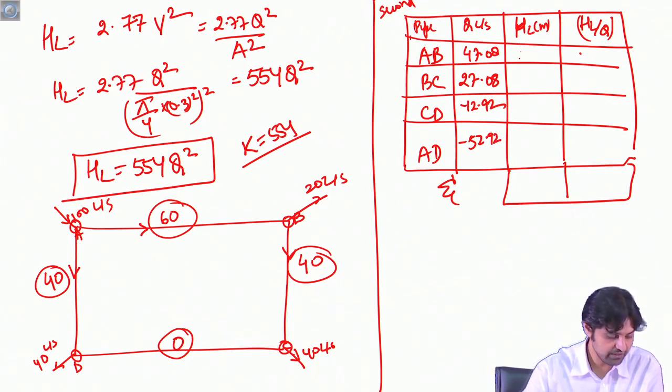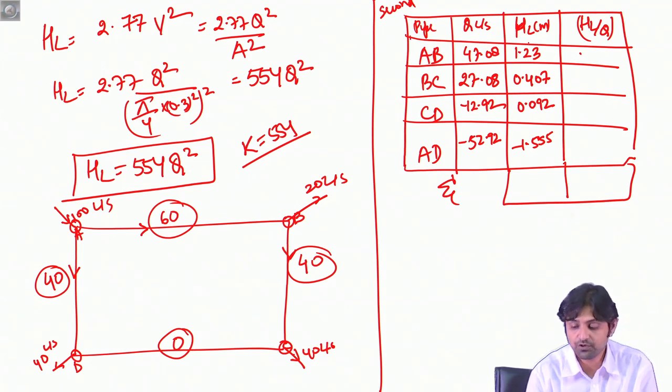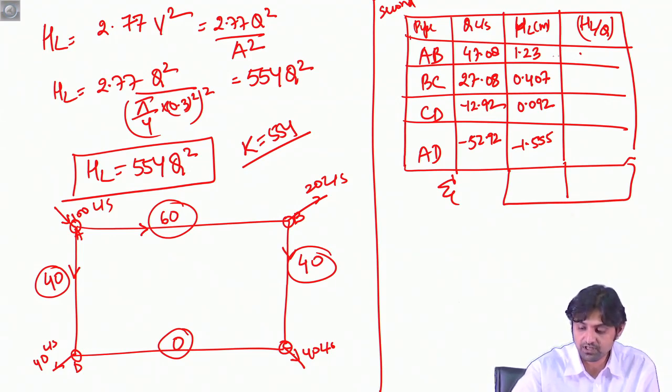Similarly, HL if we calculate, we will get 1.23, 0.407, 0.092 and minus 1.555, because HL is 554 into Q square. And HL by Q, this HL by Q is 1.23 divided by 47.08. If you use the calculator, 0.0261,